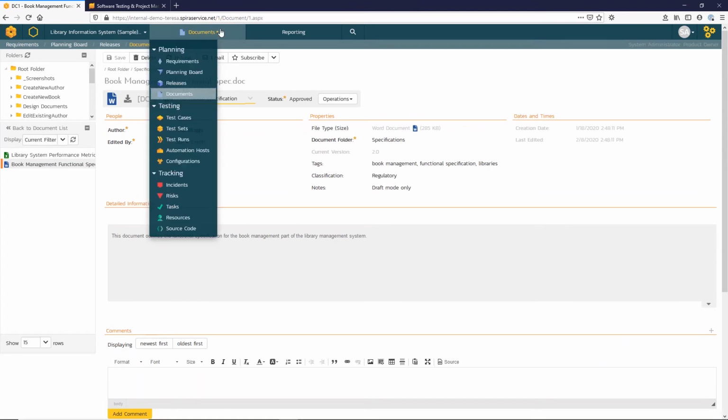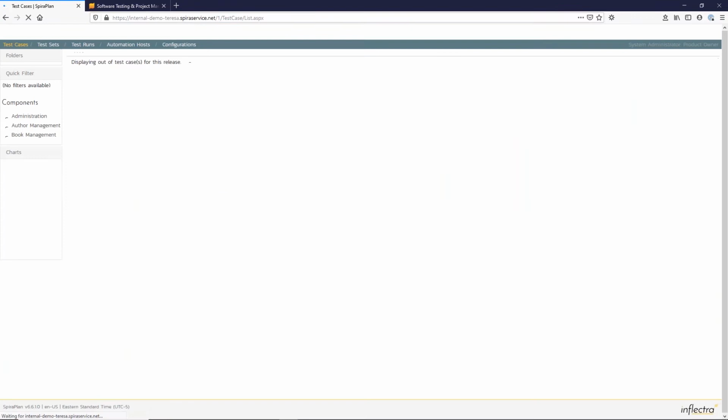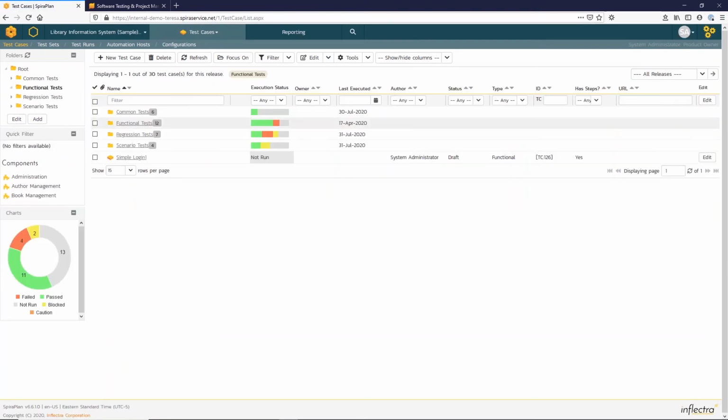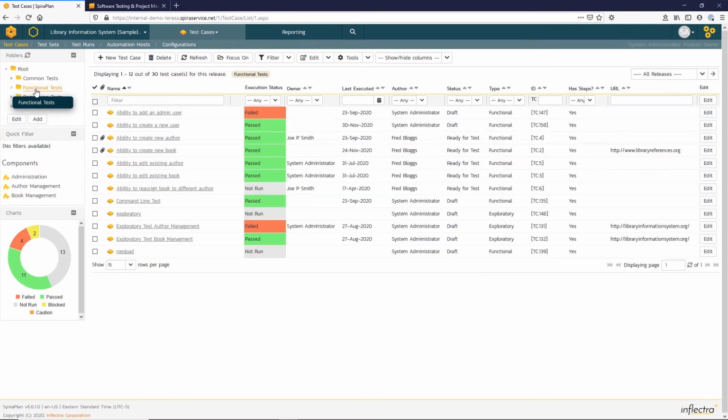Okay, so let's move now from our planning module into our testing module. SpiraPlan supports both automated and manual testing, and we also have an exploratory mode for the manual testing. On the list page here, you can see that test cases are organized in folders. If we take a look at our functional tests here, you can see that we have the latest execution status for the different test cases, and using